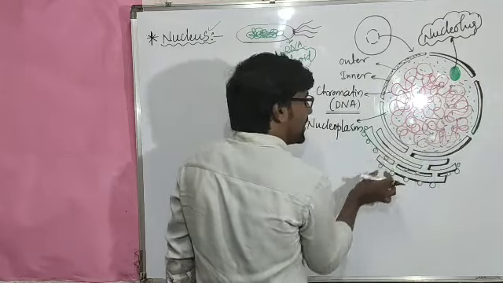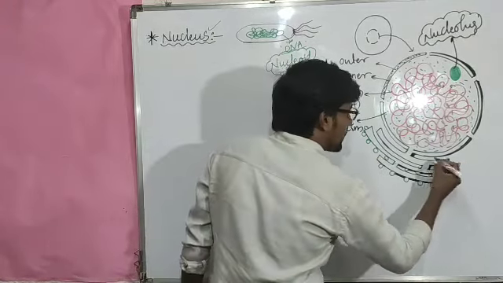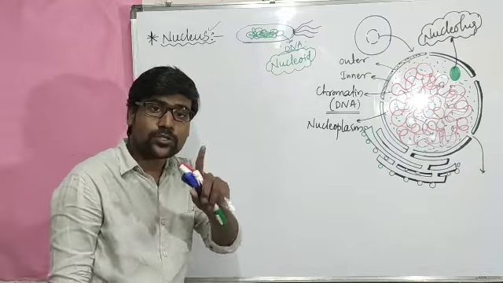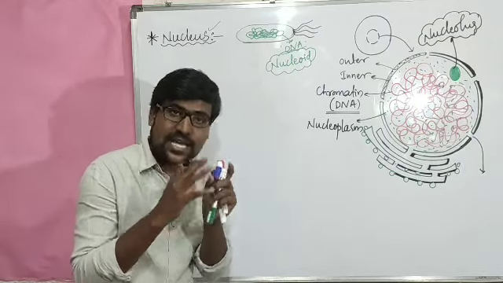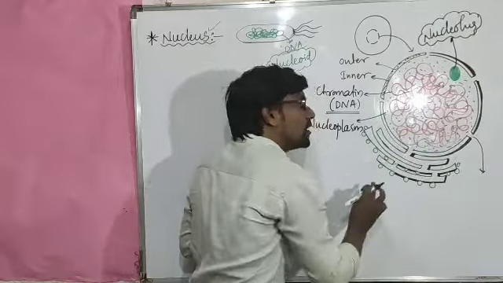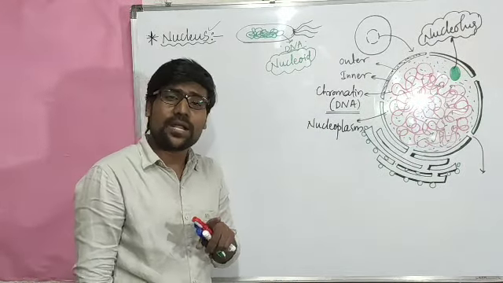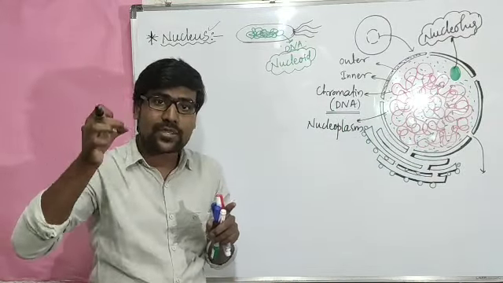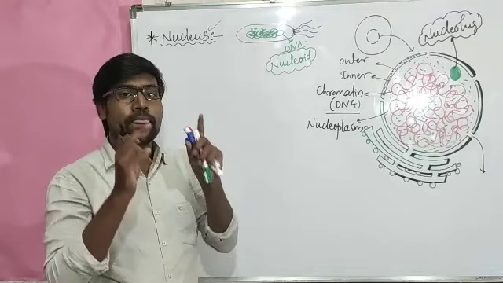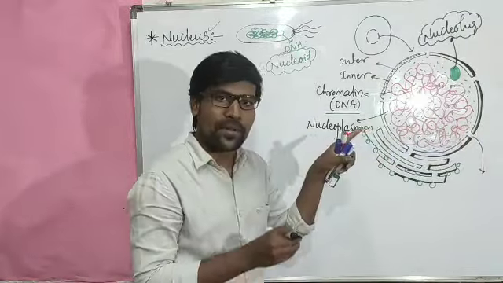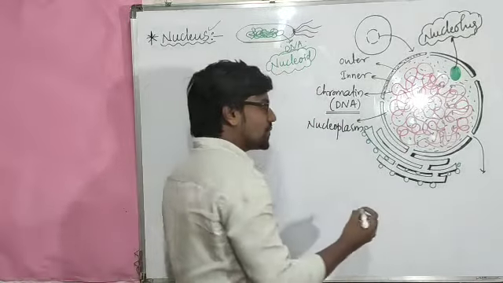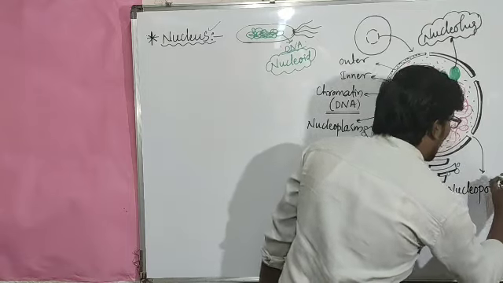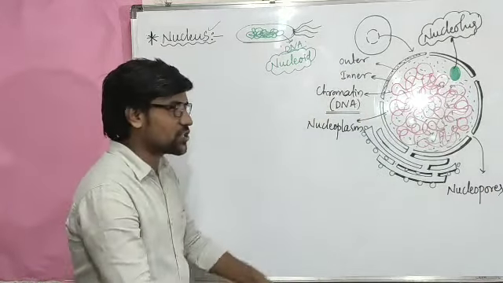And here the major one: the total nuclear membrane sometimes has pore-like structures, just like our plasma membrane. And one more thing I am telling you, just like the plasma membrane, this layer is also double membraned. That means the nature of the plasma membrane and the nature of this layer are the same. Just as the plasma membrane has pores for entry and exit of molecules, in the same way the nuclear membrane also has pores, and those pores are called nucleopores.